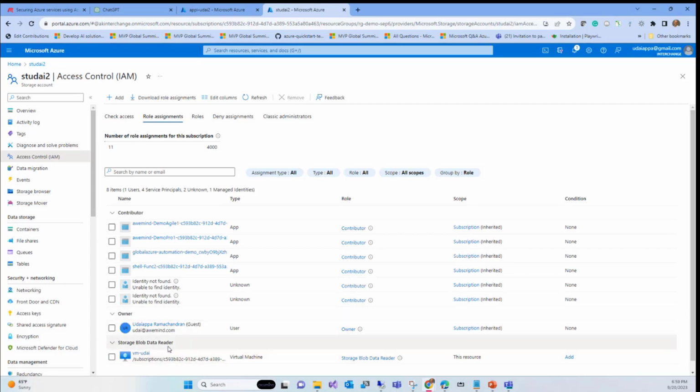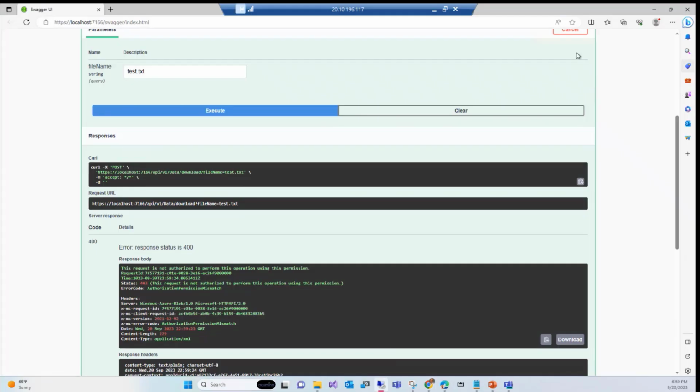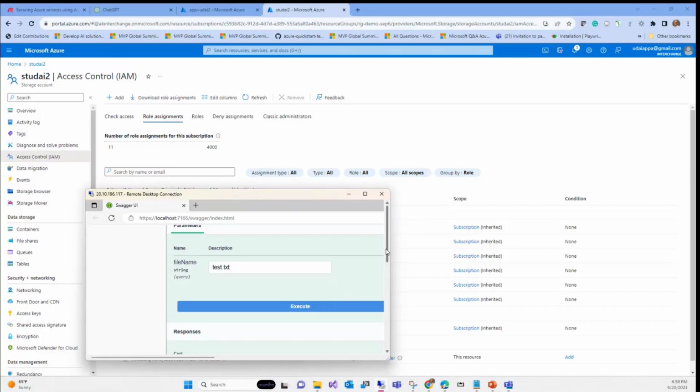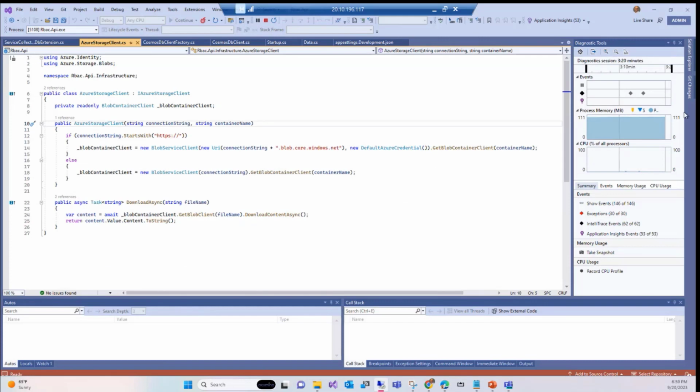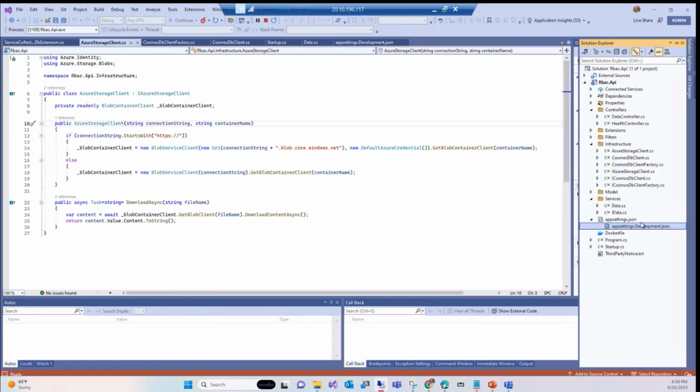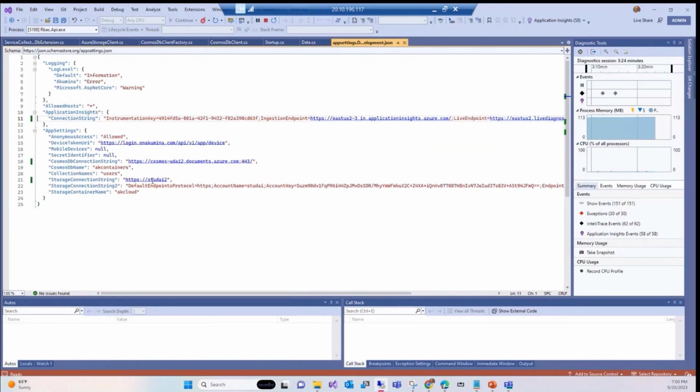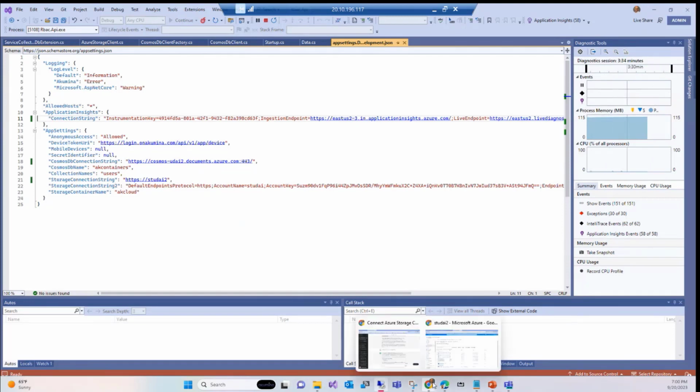Okay, so ST Udai 2, yeah. Storage blob data reader. Yeah, that's what we want. And make sure we have the right thing on the connection string. ST Udai 2, yeah, we have the right connection string over here. We are not using it, so it's in the MD Udai 2. All right, let's go back and do it one more time.